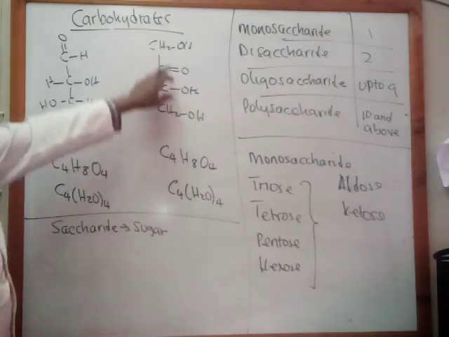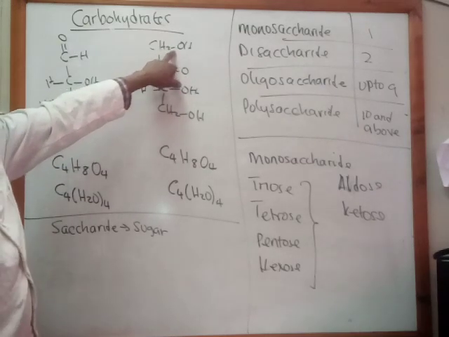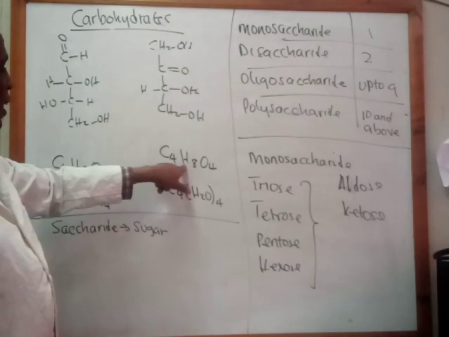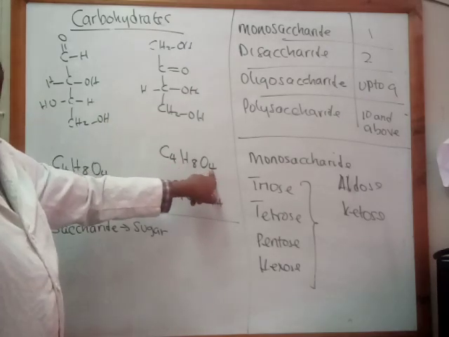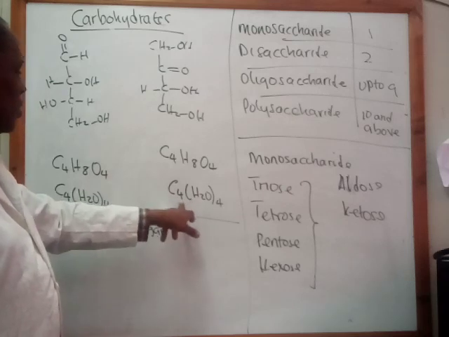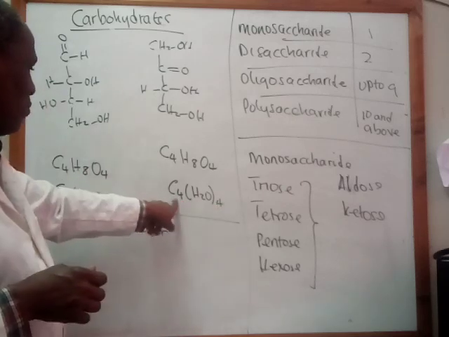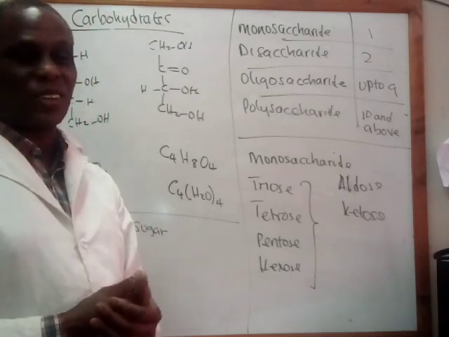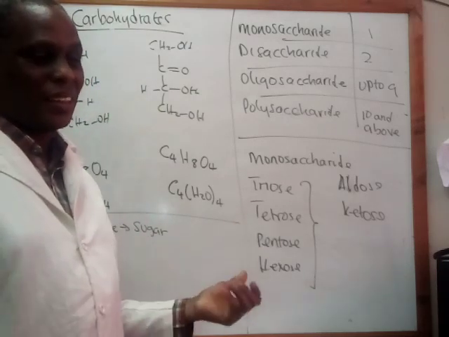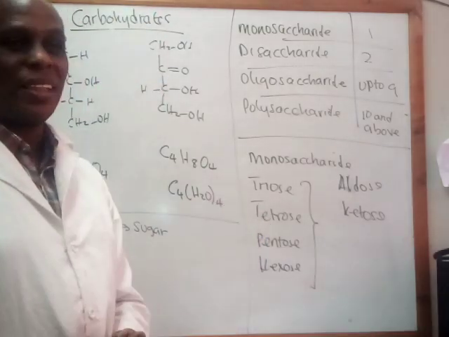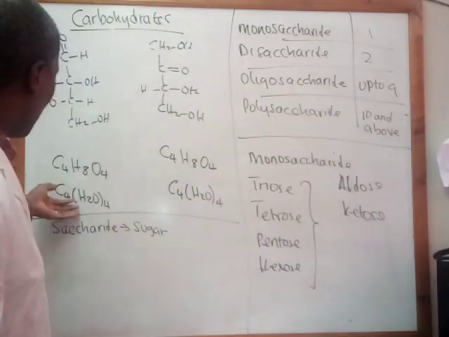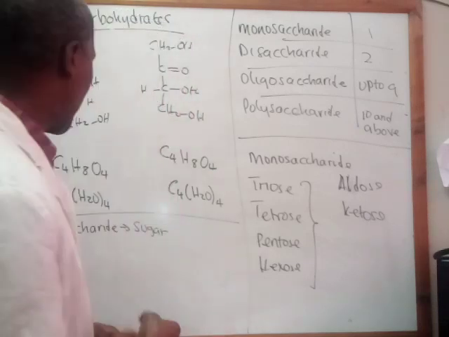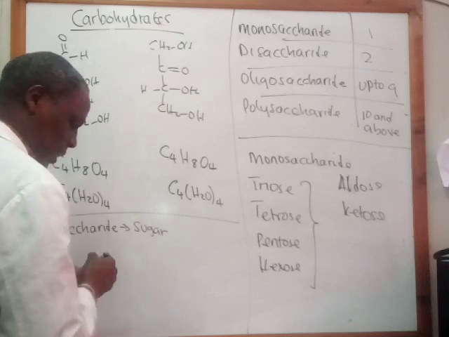And the same thing for the ketone, it can be shown it is 4 carbon atoms, 8 hydrogen atoms, and then 4 oxygen atoms. So in brackets it is also the same formula, C4H8O4. As I mentioned, the simplest carbohydrate has got 3 carbon atoms. The biggest one has got 6 carbon atoms. So you can see this structure can be put in general terms as